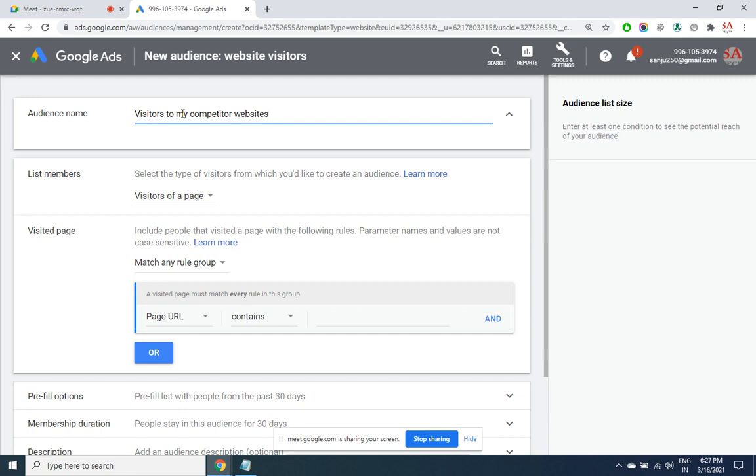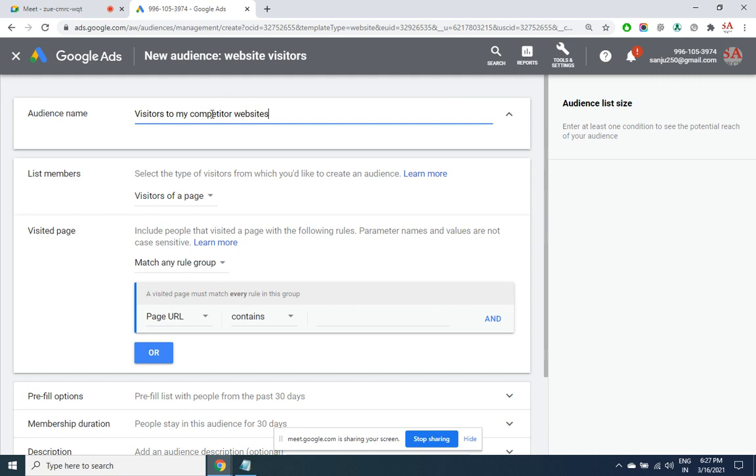Every rupee spent on this is worth it, because these are the people who have visited your competitor, meaning they are actually interested in the course. In my case, it is a course, like anything. So Amazon may want to target the people who have visited Flipkart, Snapdeal, Paytm. So it is useful for that. At the same time, it is also useful to target the people who have already shown interest in your website before.